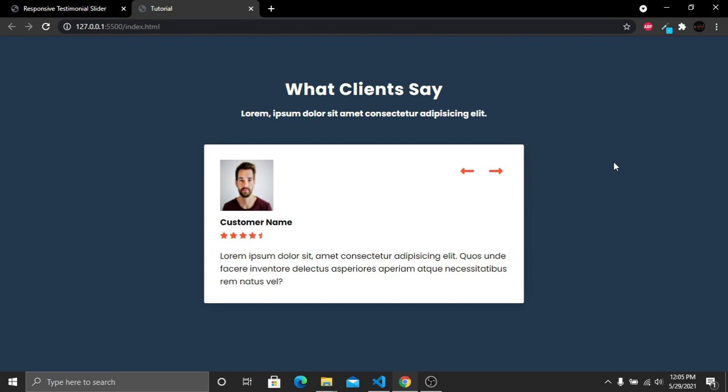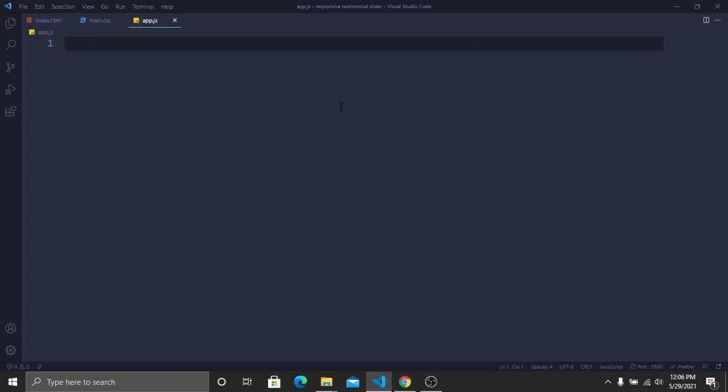Now we have to focus on those things which we are going to change in our JavaScript file. Like if I click one of these two buttons, I want to change the image, the customer name and the text here also. Okay, so now we have to take 4 or 5 things. First one will be these buttons, second one will be this image, then the customer name, then the text from here. Okay, so now let's go to our code, and here we have to create a function,